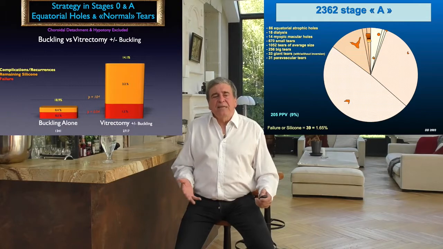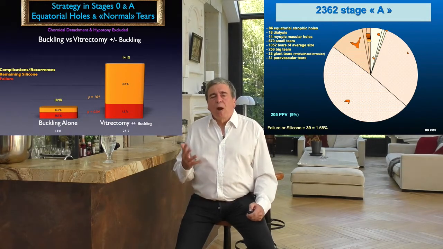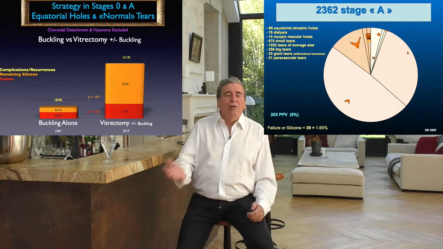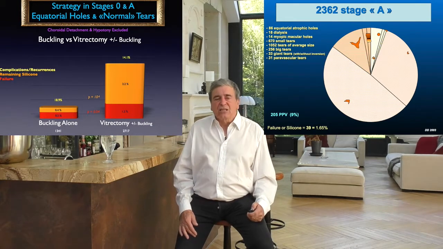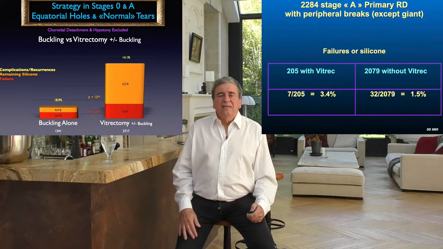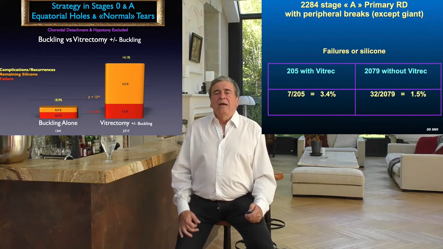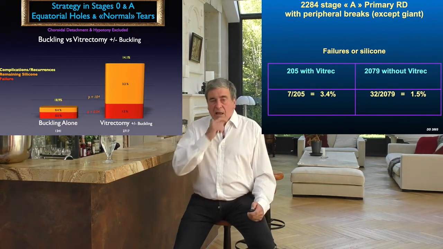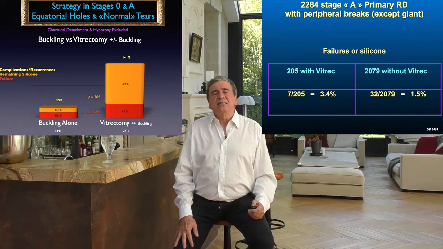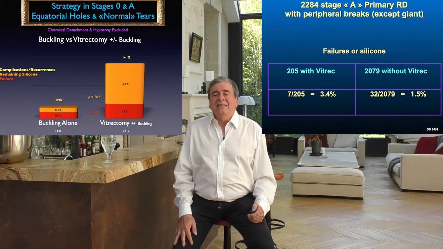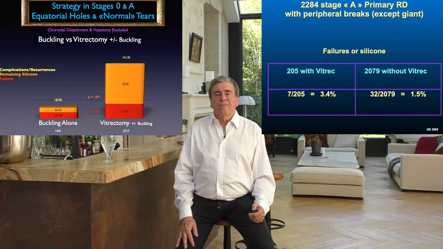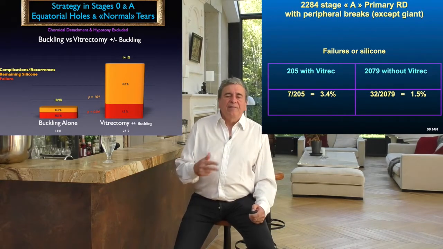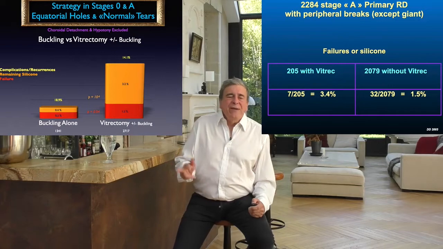So, well, this does not mean much because there were giant tears, vitreous hemorrhage, paravascular tears, and macular hole in the batch. But if we exclude these tears, giant or macular hole, to consider only peripheral tears outside the giants, we see that the cases treated by vitrectomy have twice as many failures. Then here again, it is debatable because the cases treated by vitrectomy probably have more worrying clinical characteristics